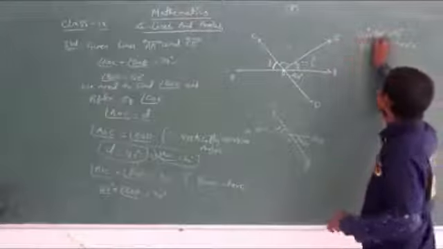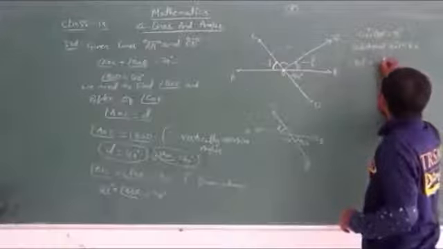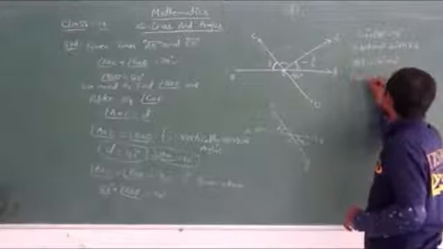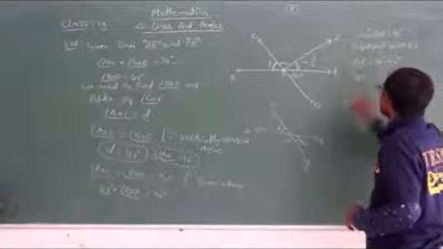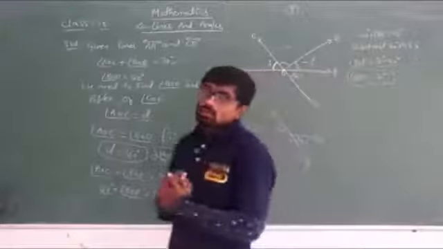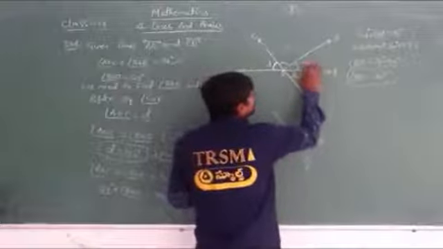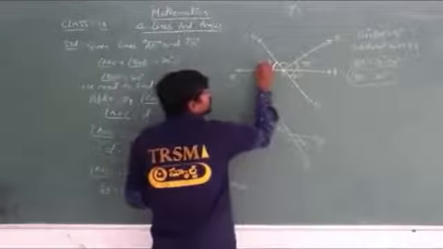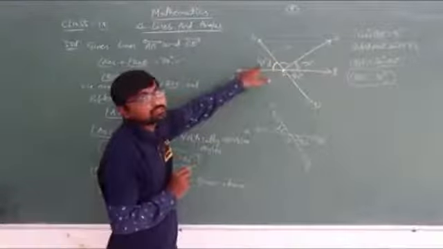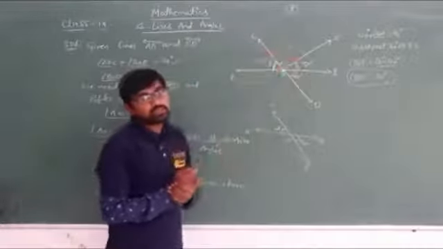So 40 minus 40 becomes 0. Here I will get angle BOE, isn't it? Here 70 degrees minus 40 degrees. So angle BOE is equal to 70 minus 40, I will be getting 30 degrees. So I have got the value of BOE as 30 degrees. And what about this? This I have got as 40 degrees, isn't it? As this is 40, the vertically opposite angle is 40. On adding both, we are getting 70. 40 plus 30, I'll be getting 70.